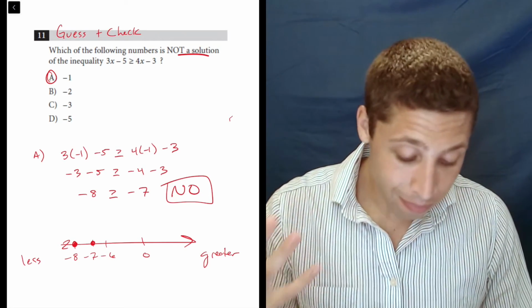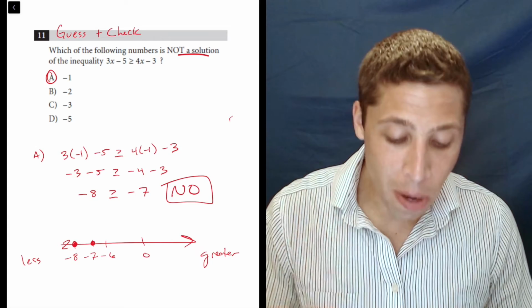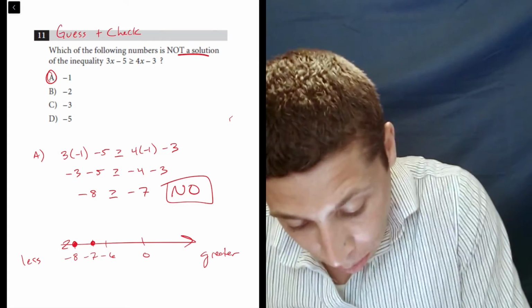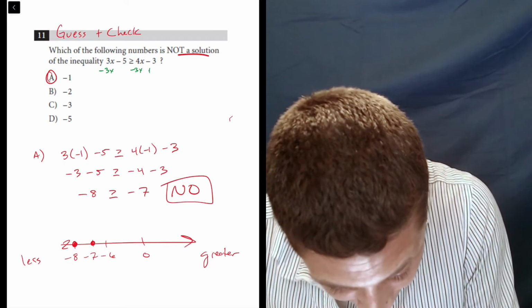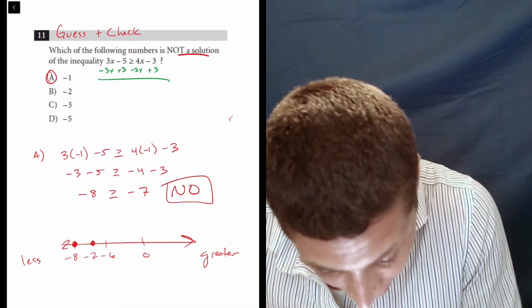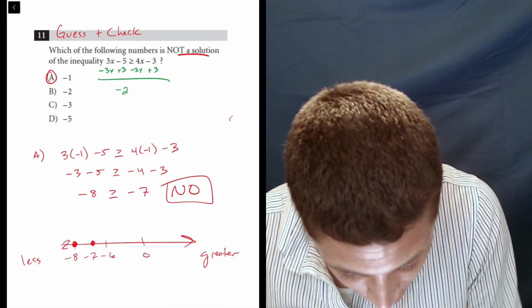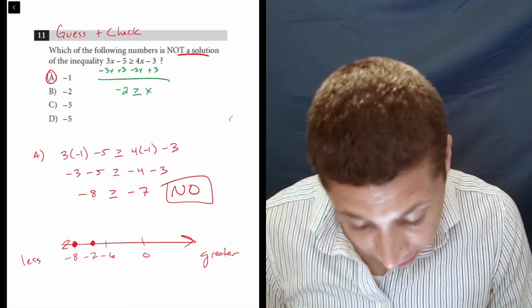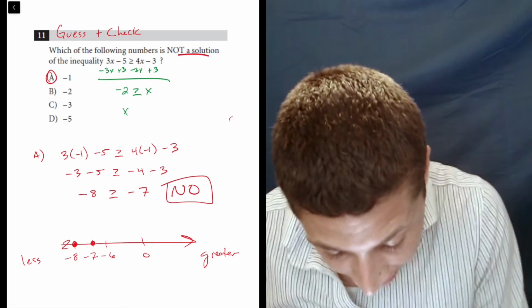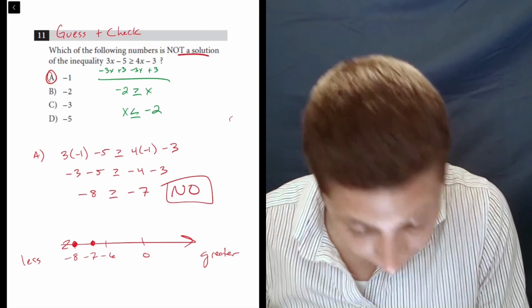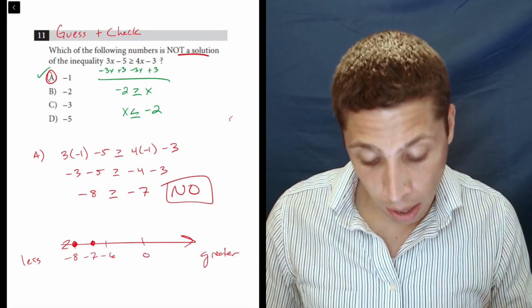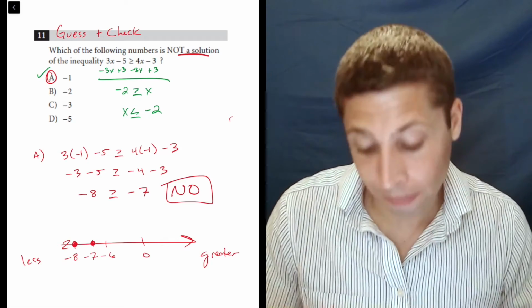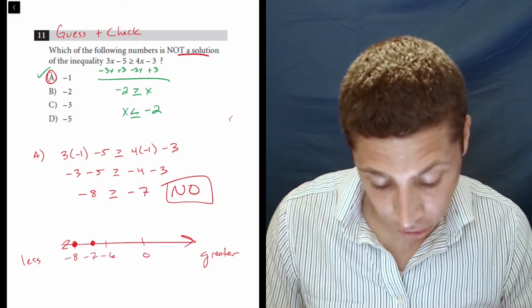Now, I think it's mostly fine to do the algebra in this case, because you might subtract 3x here and add 3. And so we would get something like -2 is greater than or equal to x, or maybe a better way to think of it is x is less than or equal to -2, and only choice A satisfies that condition, or I should say doesn't satisfy that condition. But